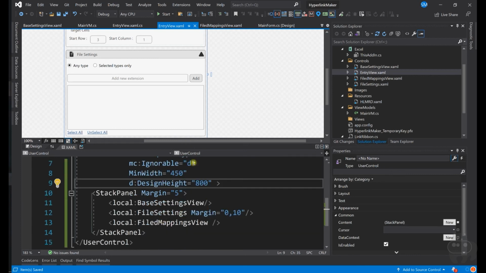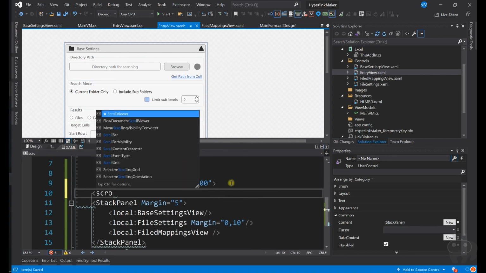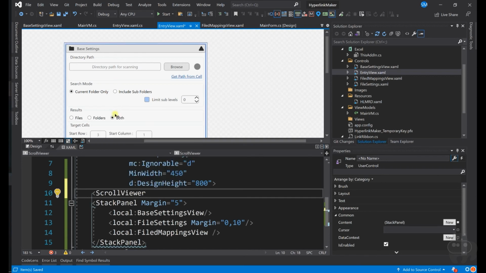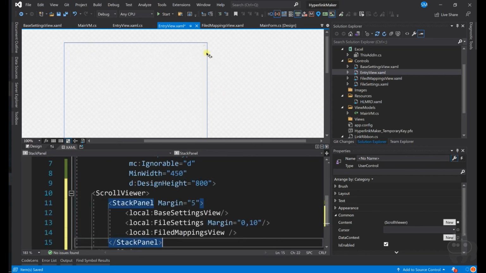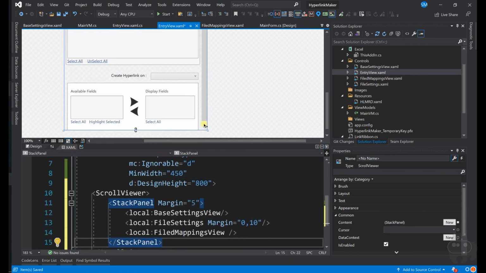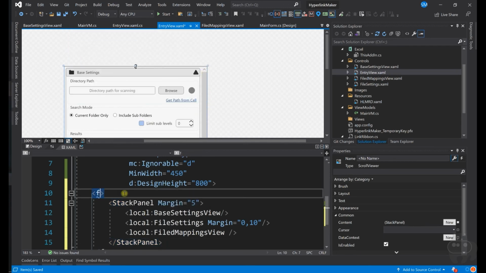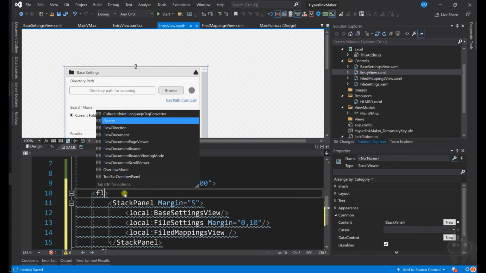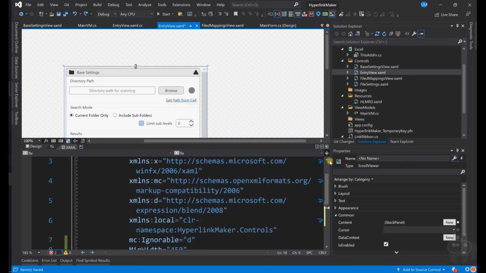Before doing anything, we had one more problem, which was a scroll viewer. When you expand both, you were not able to see. So let's put everything inside a scroll viewer. There is a default scroll viewer inside WPF. You can select whatever you want, put it inside the scroll viewer, and you will see the scroll viewer here. But if you're not happy with the styling, generally it is not easy to style them. You can go with Haley. You have something called flexi scroll, and you don't see Haley items because you have not added the namespaces here.